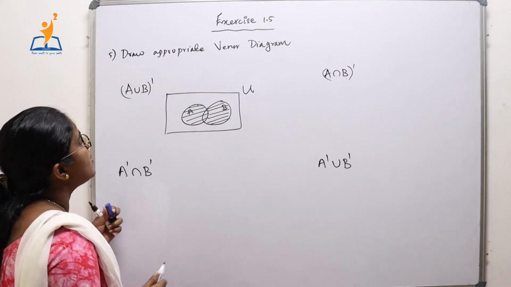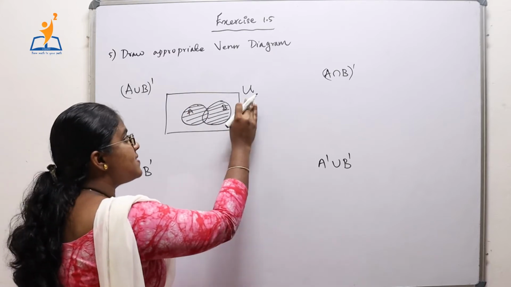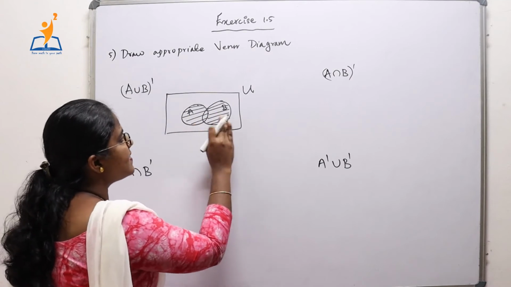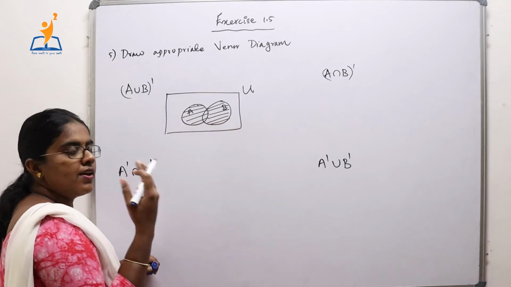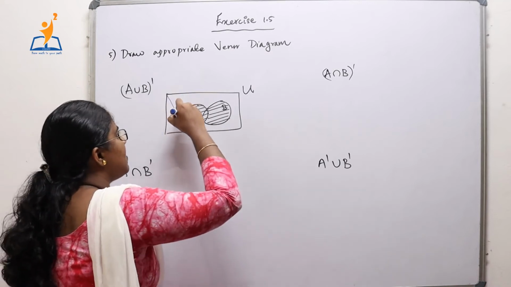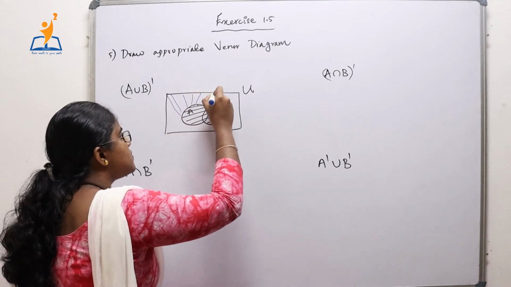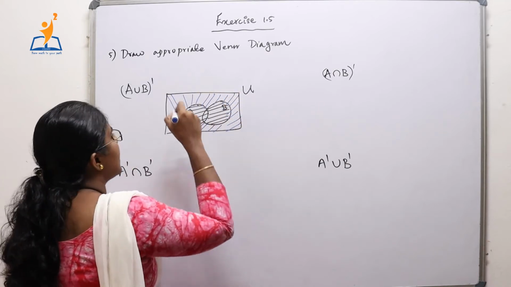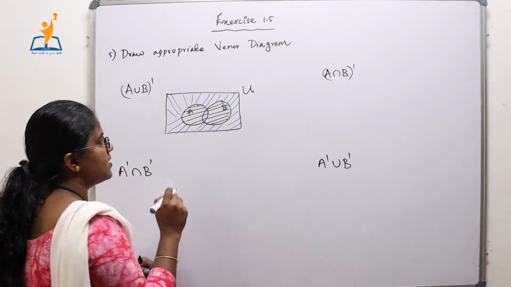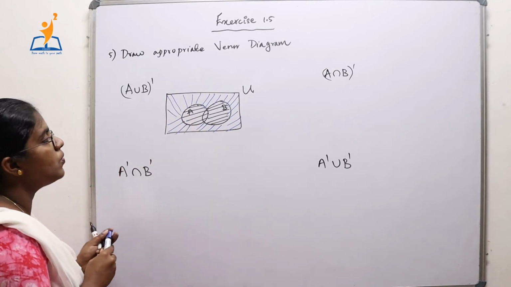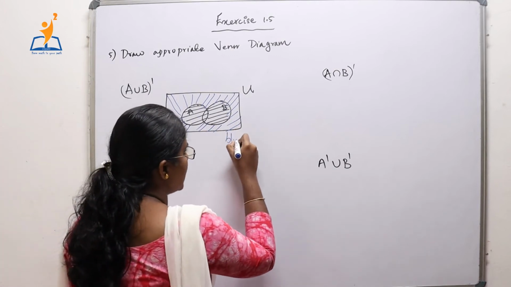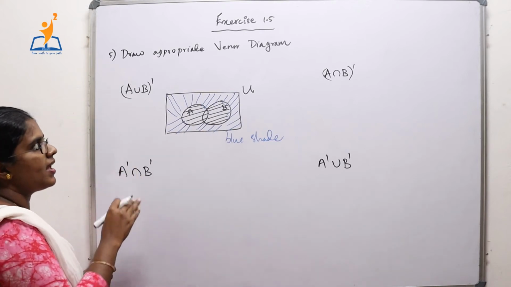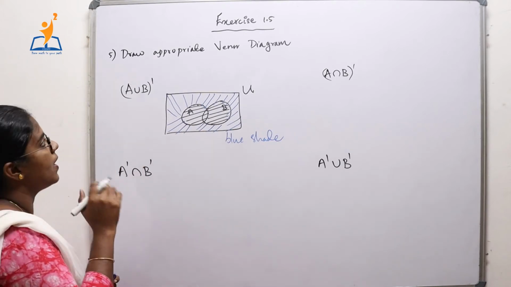The complement of A union B is deleting A union B from the universal set. So we want to delete this shaded region from the universal set. The remaining area will be shaded using the blue ink. The area shaded with the blue ink is A union B the whole complement. So this is the blue shaded region, the required Venn diagram area for A union B the whole complement.